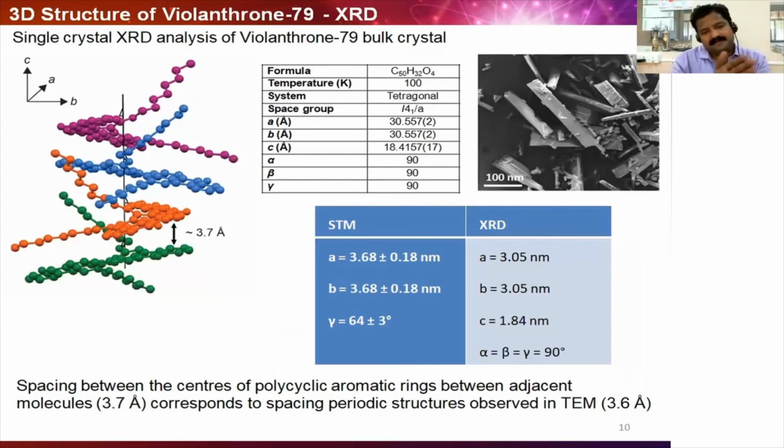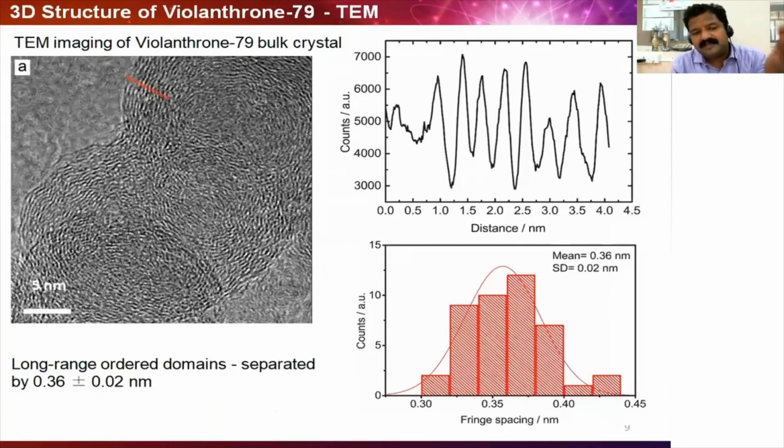forming what is called a helical conformation, a helical structure, where the primary interaction is between the aromatic cores. As you can see, this green and the orange aromatic core form a distance of about 3.7 angstroms due to the pi-pi interactions. So in the bulk, these pi-pi interactions are governing the arrangement, and the periodic structures that are separated by 3.7 angstroms in the TEM image are actually the pi-pi cores that we are seeing. On the other hand,